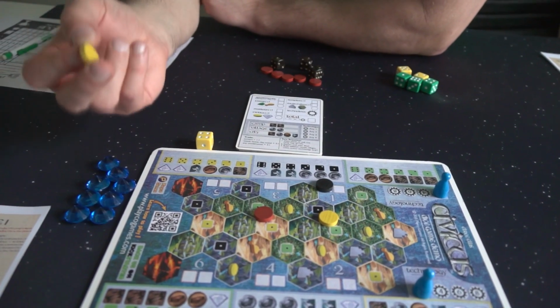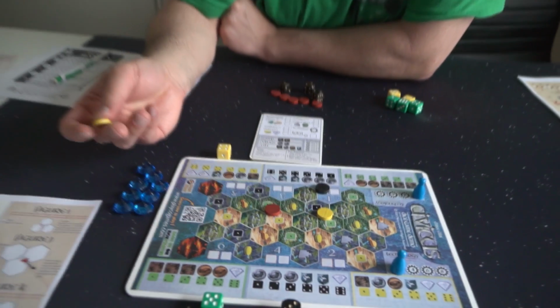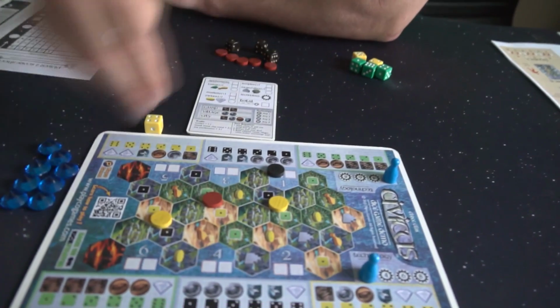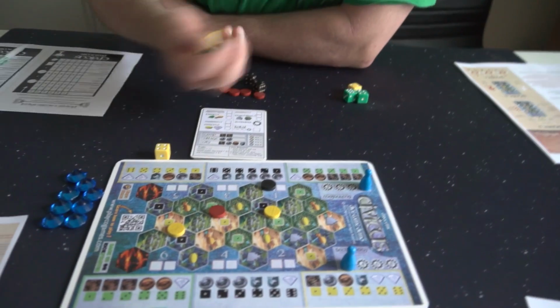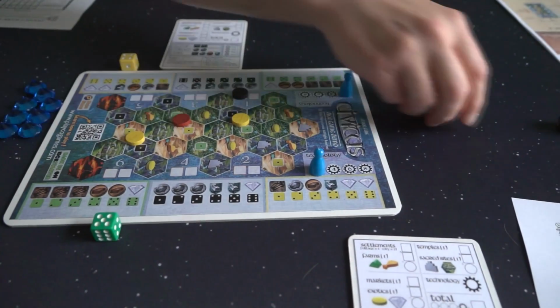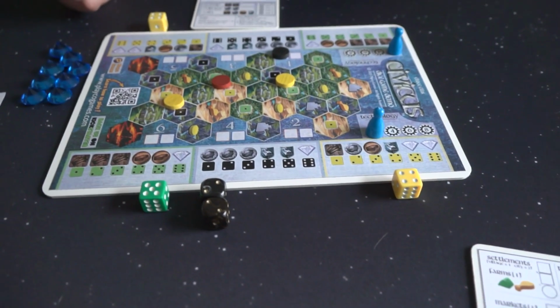and I have the feeling that it is vital in the beginning to maximize the number of dice, so I would place there, which means we get 2 black die, 1 green and 1 yellow die, and we shall see. We got